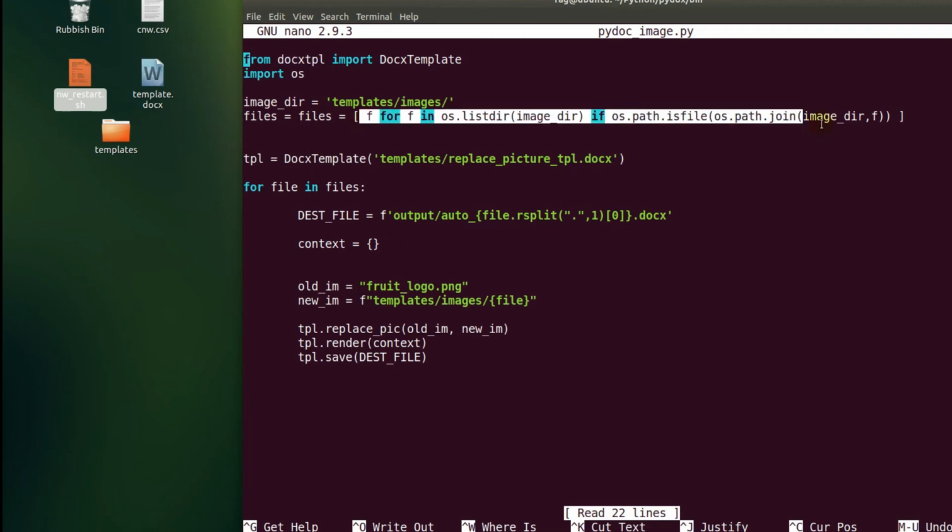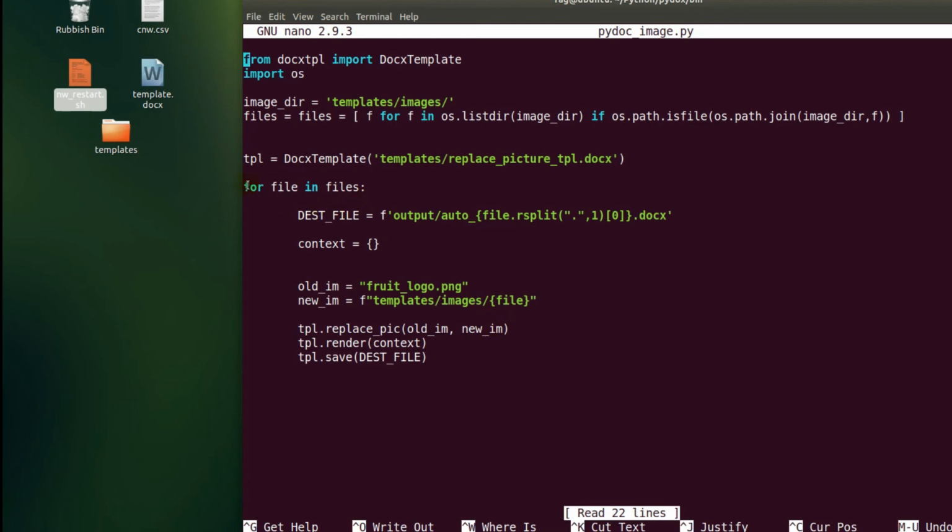A list comprehension there which just goes through and finds all of the files in the images directory, and that they're then put into the variable files, which is then used